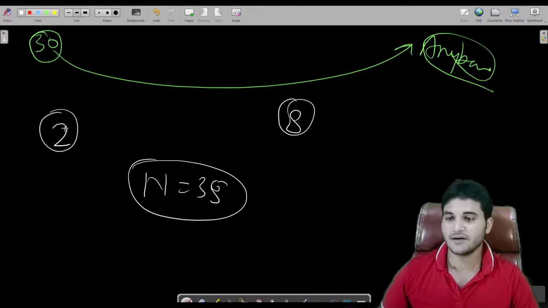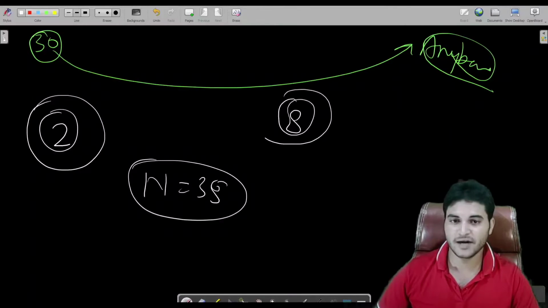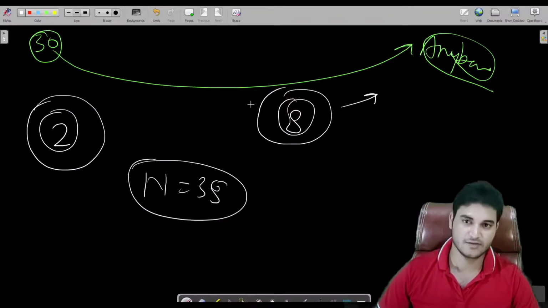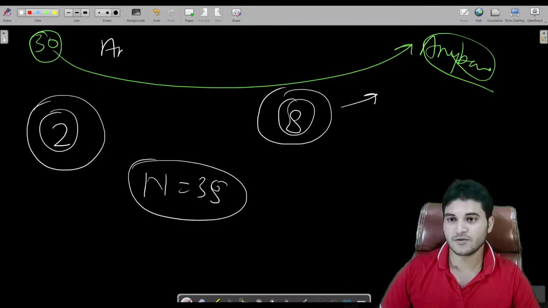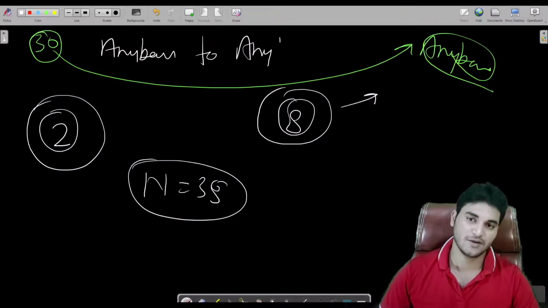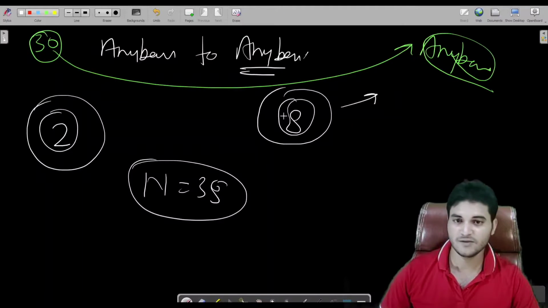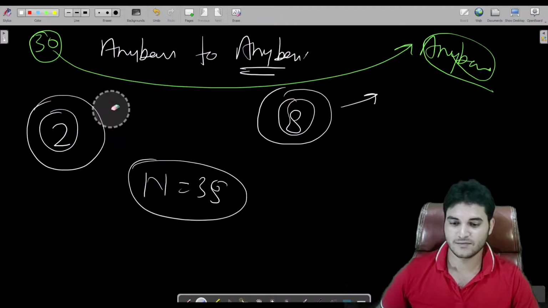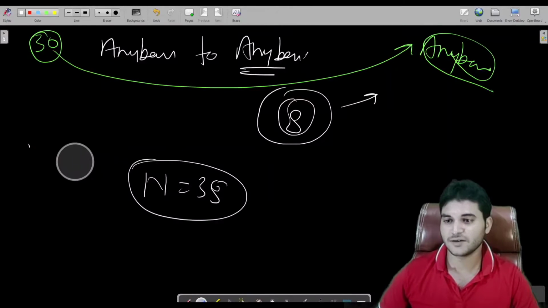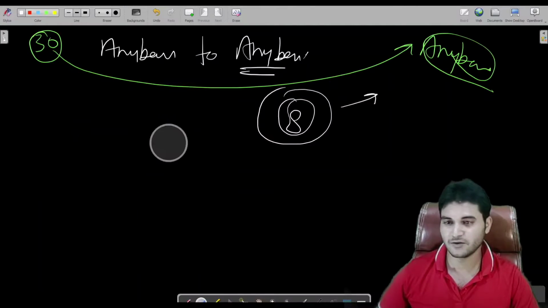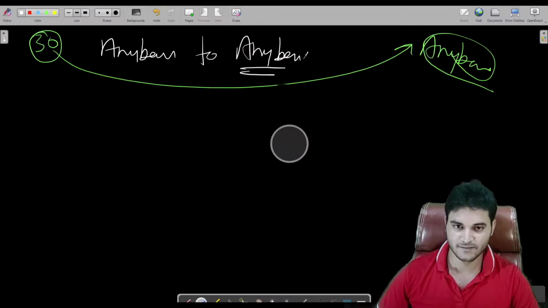Fine, but these bases would be entered by the user. So the program is all about any base to any base. Fine. So don't be scared of this, because let me explain, it's very simple actually.